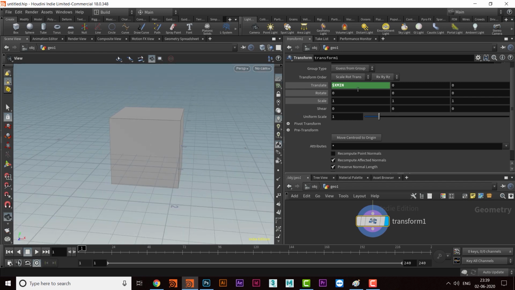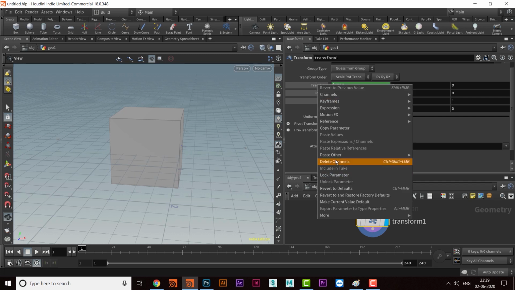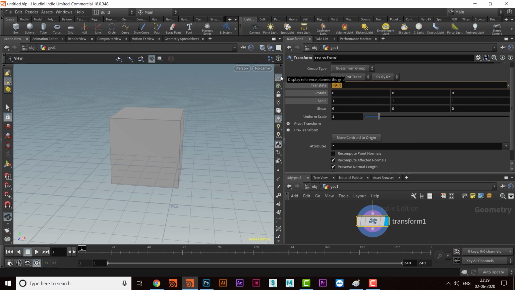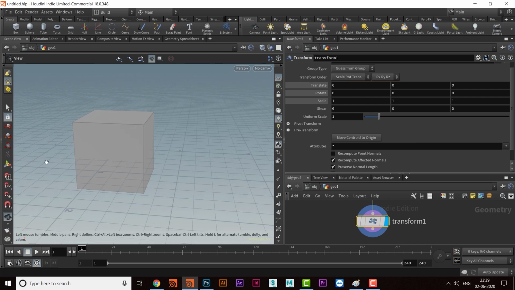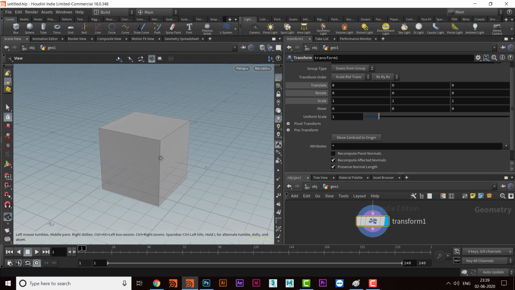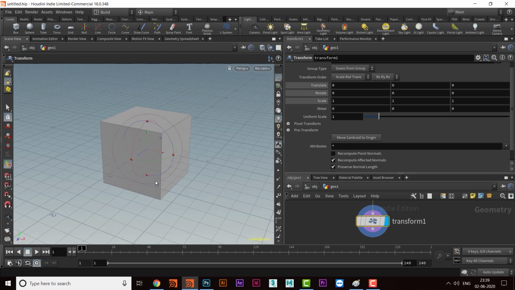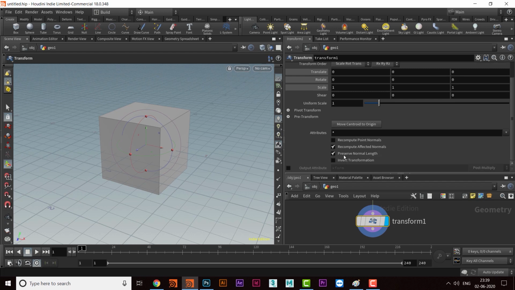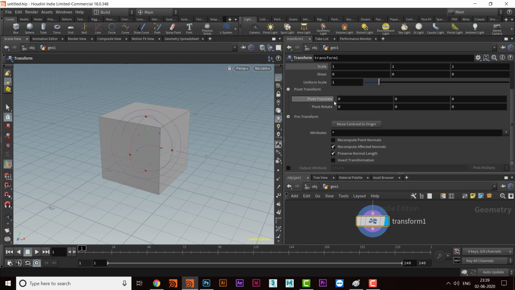Why? Because I use the expression in translation, but if I don't use it here, I use it somewhere else. So I will make it 0 and I will use the same kind of thing. I will click here so that I can get this gizmo. So I'll come here and click on the pivot transform. Okay, and I will use the same here with pivot.